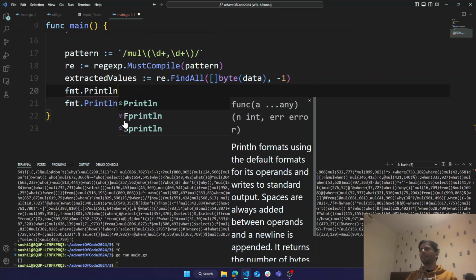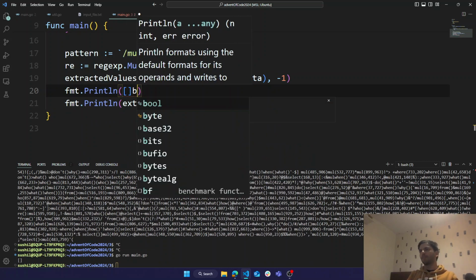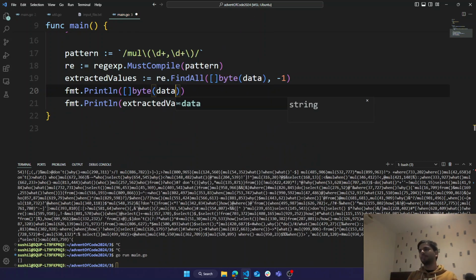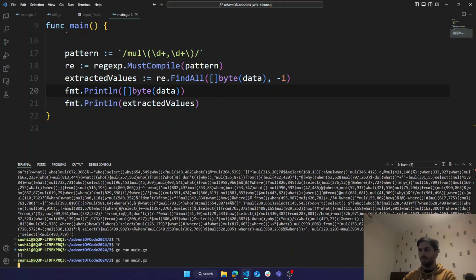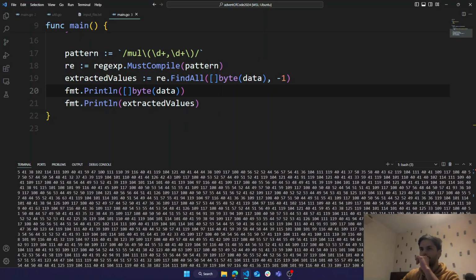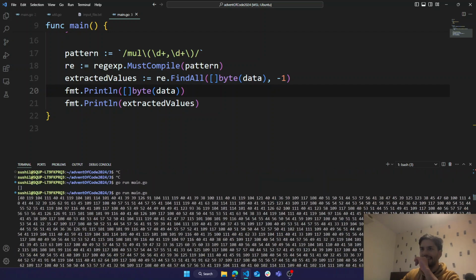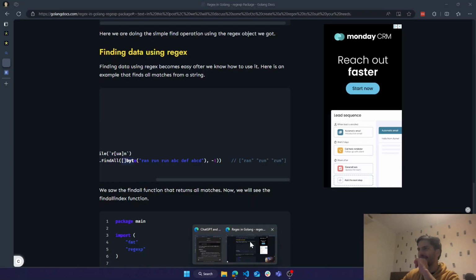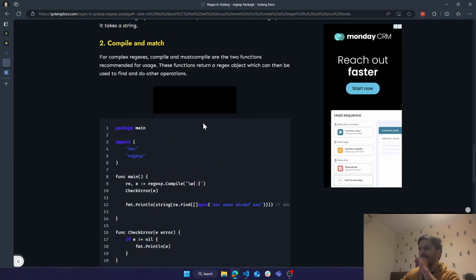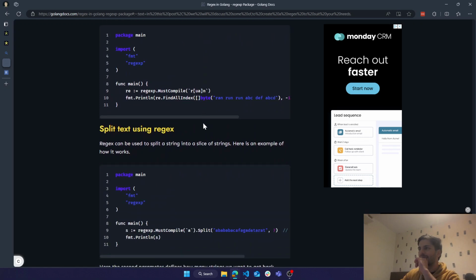This is just converting everything into bytes of digits. Let's try something else then. I don't like this one. But I'm pretty sure that's the one that actually gives you a list of matches.